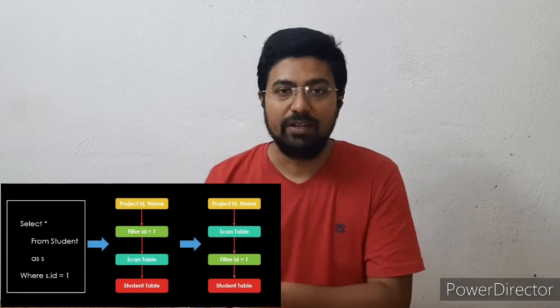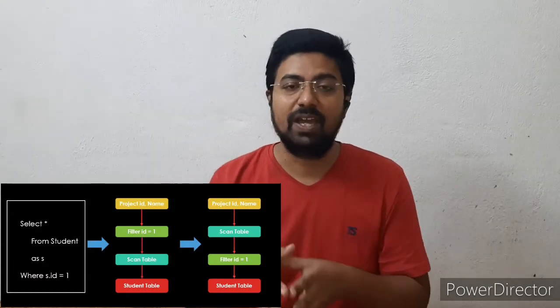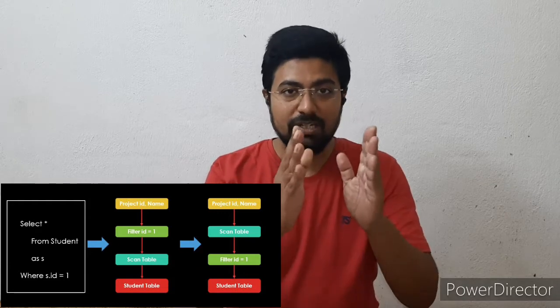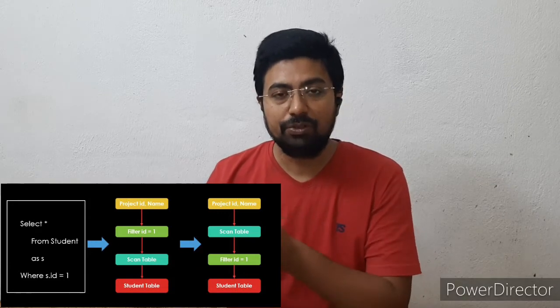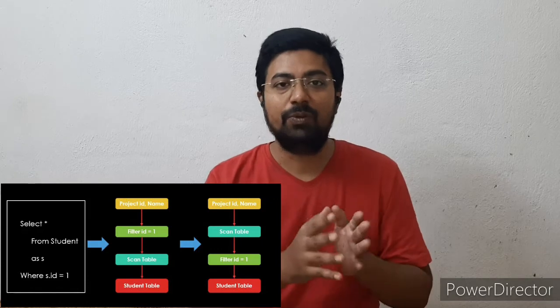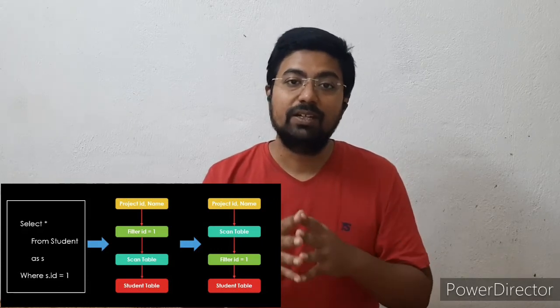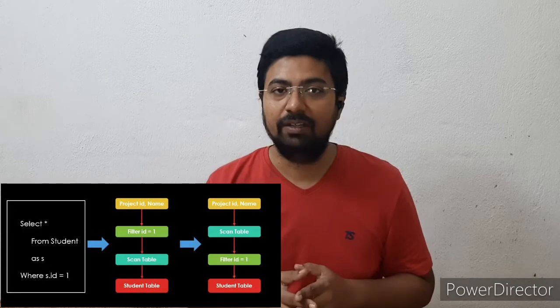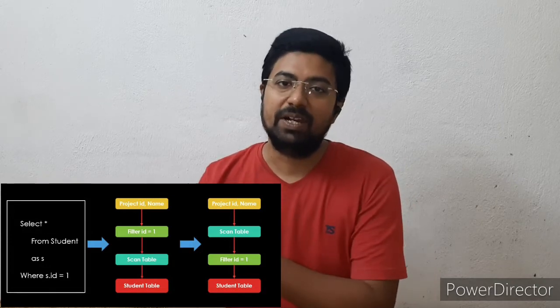So Spark creates a logical plan, optimizes that logical plan, creates the physical plan, and in that process Spark itself determines that the filter should be pushed down to the data source before the scan, right? So the filter should be pushed down to the data source before the scan. That method is called static partition pruning. But this is a very simple example, right?